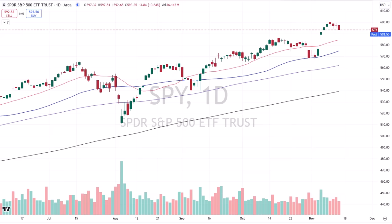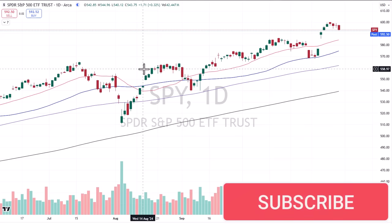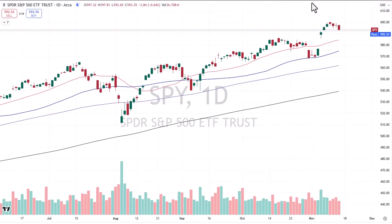We're going to start big and work our way down. Starting big is where we are on the charts. They just made another new high. They were well above all the moving averages. And we'll get to the weekly chart in a moment because there's something very interesting. But what we said for the last several days is as they get extended